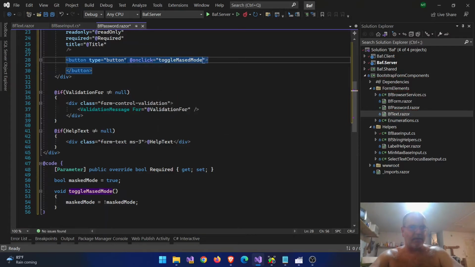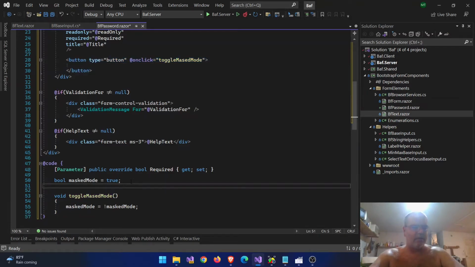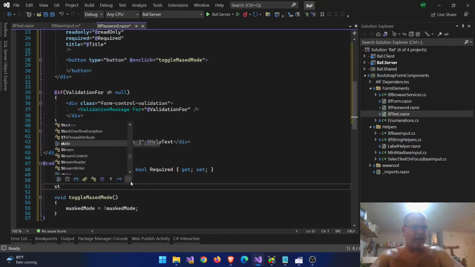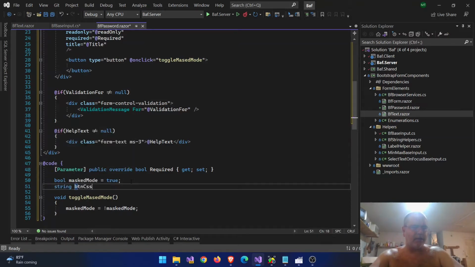Toggle mask mode. And let's give it some CSS. String button CSS equals the default, and that would be button outline